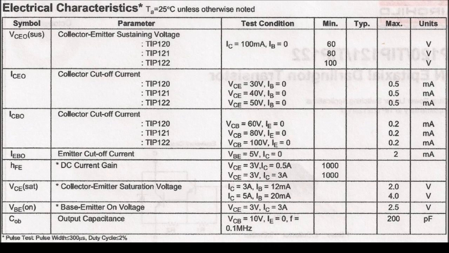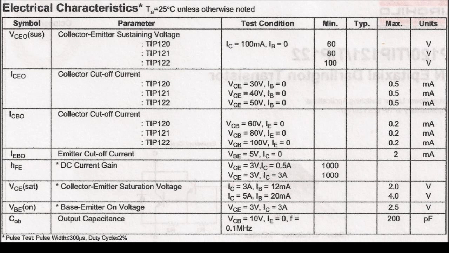Next, we have electrical characteristics. Now, you'll find a lot of these on transistors in this section. It pretty much tells you how the transistor responds in a test condition, to give you some kind of an idea of what to expect from the transistor. You have a collector-emitter sustaining voltage. You have the cutoff current. You have the cutoff current on different